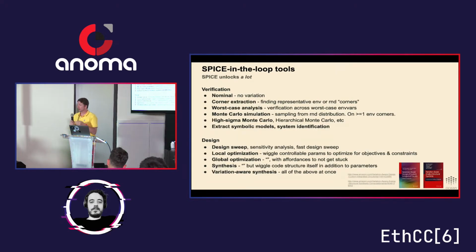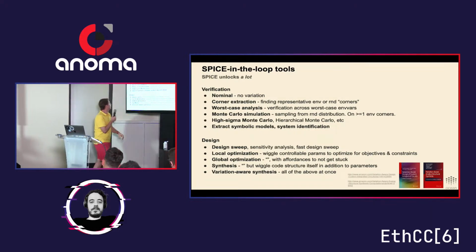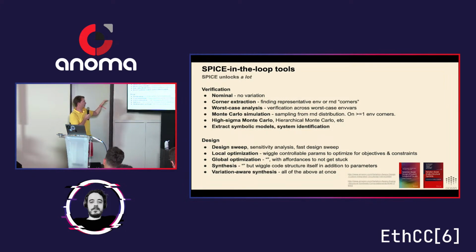And in fact, to break down the SPICE in the loop tools from an analog side, we can break it down for verification and for design. For verification, you can start with nominal, no verification, that's just SPICE. But then layer in more and more stuff. You can layer in worst case analysis, Monte Carlo simulation. That's not too bad. To get to 3 sigma, you need 1,500 samples. High sigma Monte Carlo, though, you need,